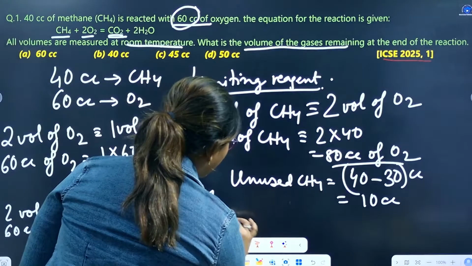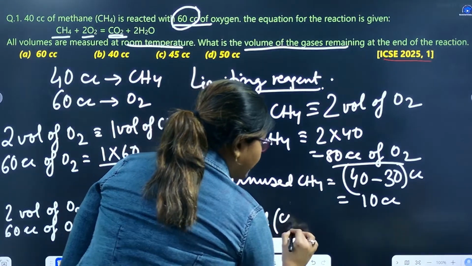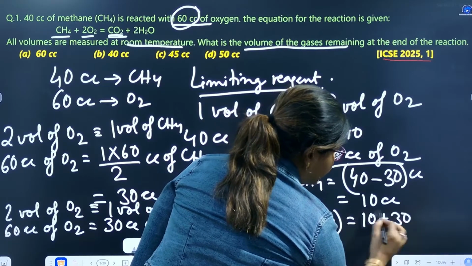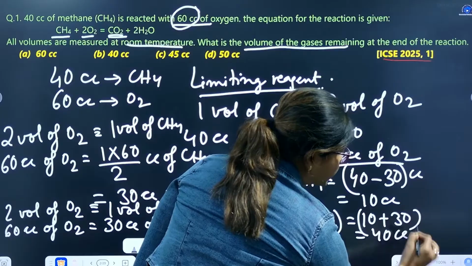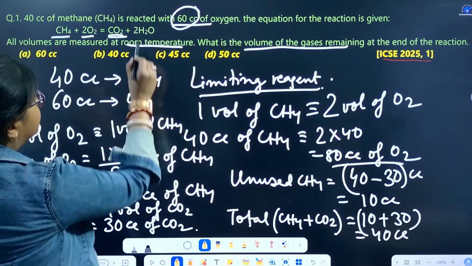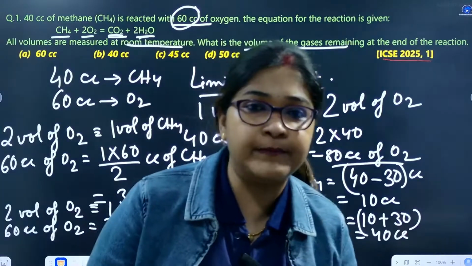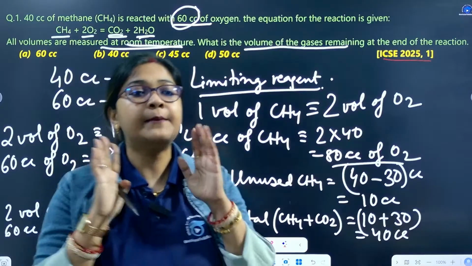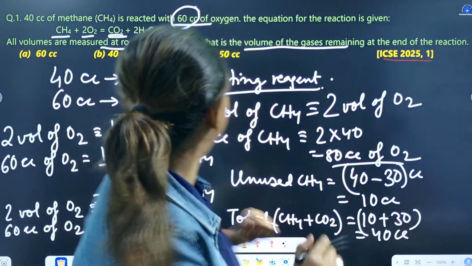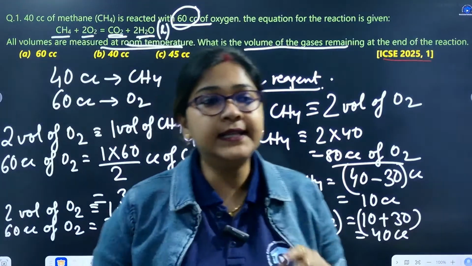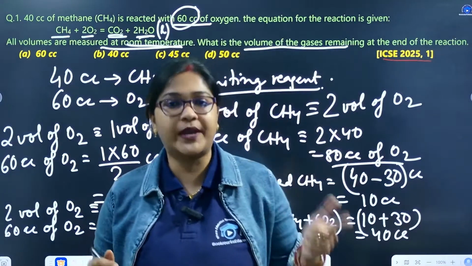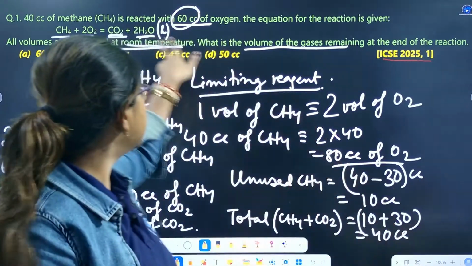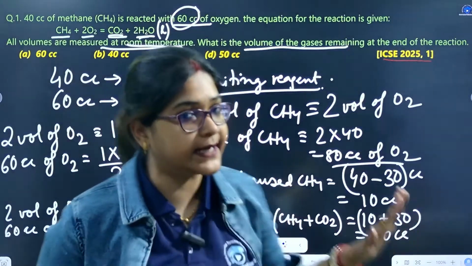So, total gas कितना हो गया मेरा? मीथेन अनवांटेड है और कार्बन डाइऑक्साइड है. So, 10 plus 30 जो कि हो गया मेरा 40 cc. अब तुम बोलोगे मैम ये तो वाटर है. Water को if you remember at room temperature, the significance why it is given at room temperature, because water at room temperature is in the liquid state, and in the Gay-Lussac combining volume equation you ignore the liquid state, or that is considered to be 0. इसलिए हम लोग वाटर को यहाँ पे कंसिडर नहीं करेंगे. तो मेरा